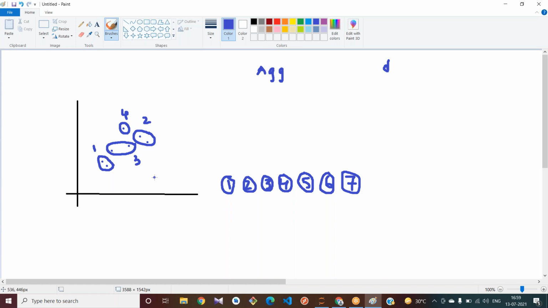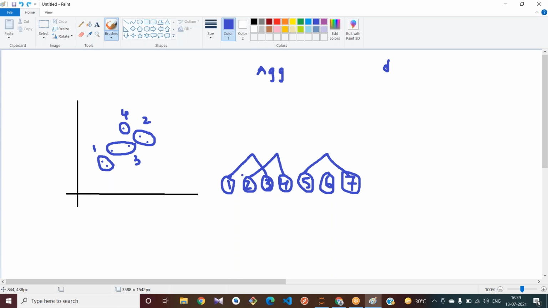After considering every point as one cluster, it again tries, based on the distance measures, to classify these two into one cluster, these two into one cluster. It is classifying based on some distance measures. Think that 1 and 3 got clustered into one group, 2 and 4 into one group, 5 and 7 into one group, and only 6 got clustered into a different group.